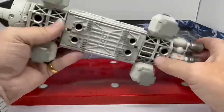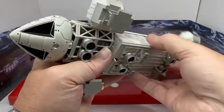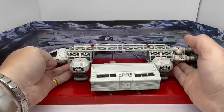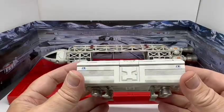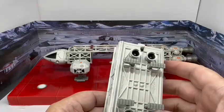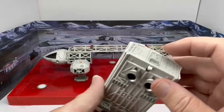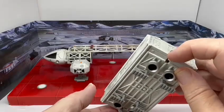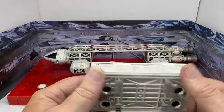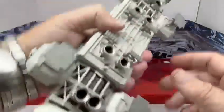Okay, so that's the actual model itself. And if you look underneath, you've got these two spring buttons here, and if you pull the springs to one side, the pod comes off. So the pod itself doesn't have any functionality. The doors don't open. Underneath you just have the feet and the booster rockets, and on the side will be the doors where they would go in, but again they don't open. So the only movable items on here are the locks to lock it into the Eagle itself. But otherwise, terrific. It's very simple to put back together as well. You just pop the Eagle on top, put it back and pull the